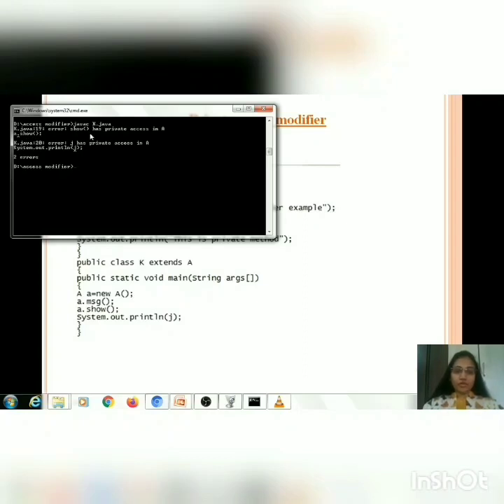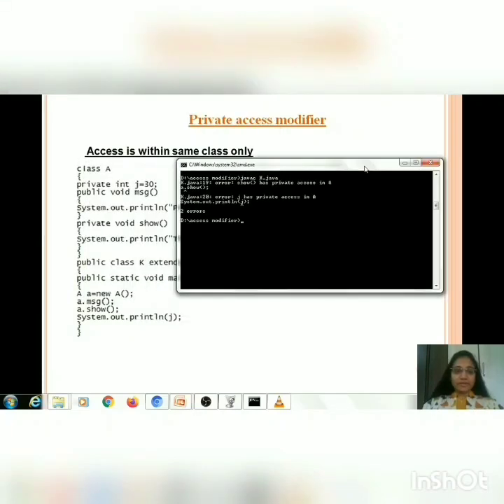First, it tells that show has private access, and second, variable j has private access. So as they are declared as private, they are not allowed access in any other subclass.